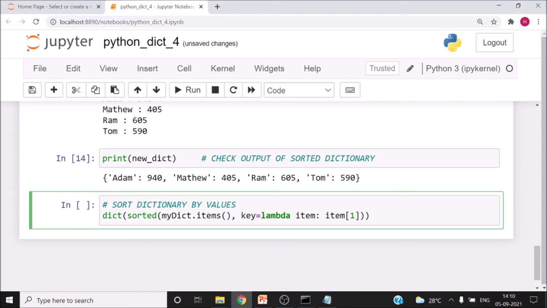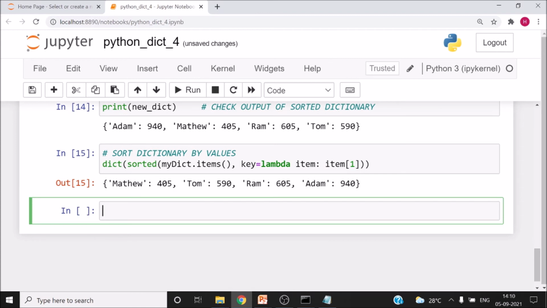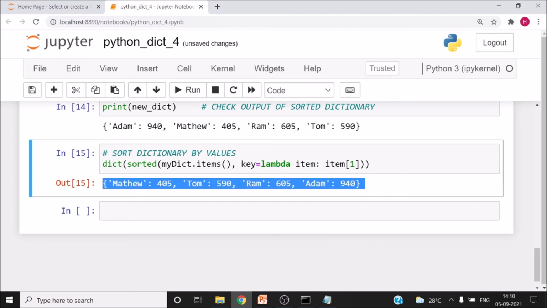Now let's move to the next point. How to sort a dictionary using values. So I am using the dict keyword of Python, and then I am sorting the entire dictionary using a lambda expression here. So let me run this code. So you can have a look here, and then I will show you where I had declared the dictionary.